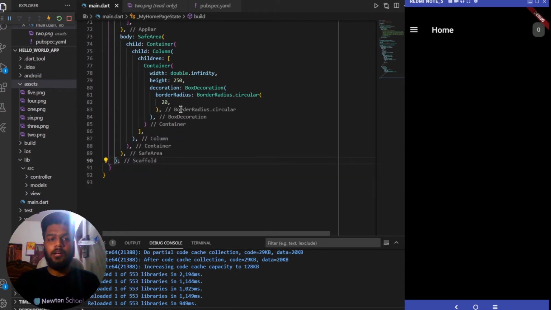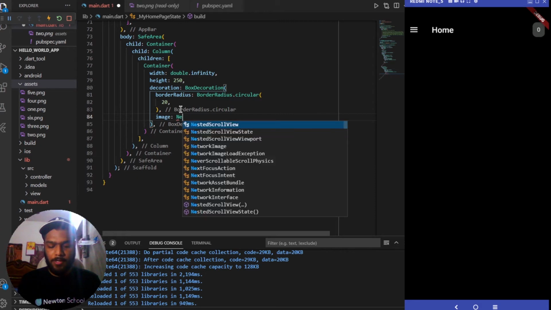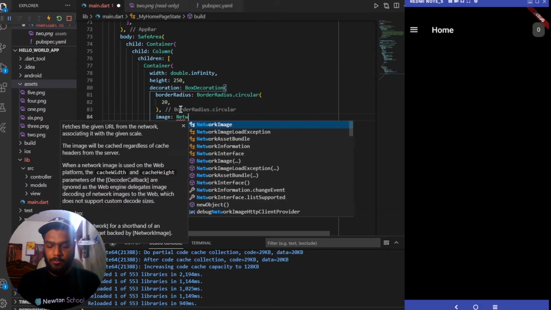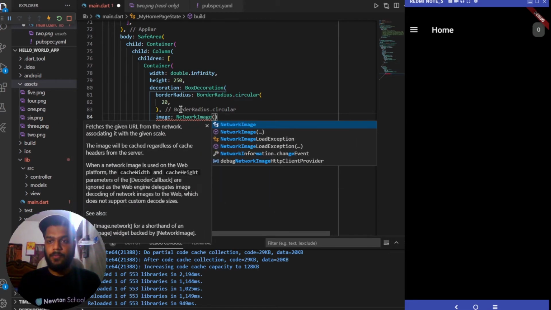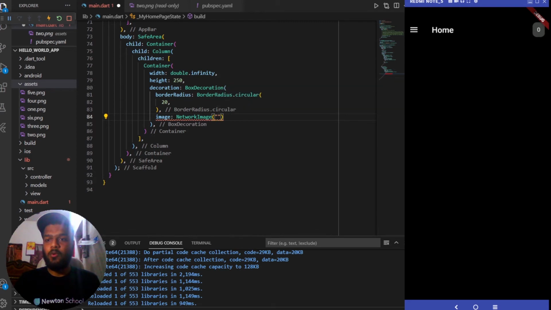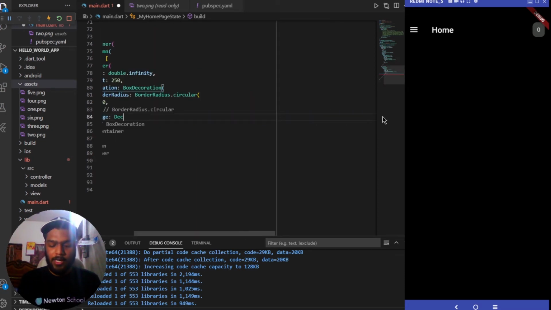Now after the circular border radius we need to add an image. So I'll add an image of type network image, and inside it I'll pass a link. You can pass any link from Google or from Unsplash or other websites which provide you with an image. So let me copy the link. Before adding a network image we have to add a decoration image, and then inside that we can add a network image. So decoration image